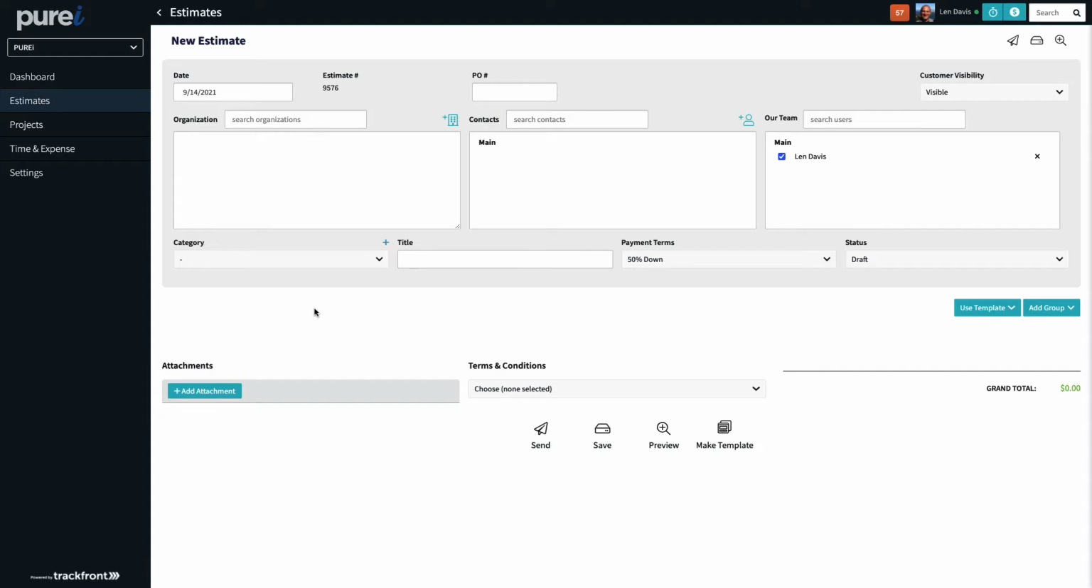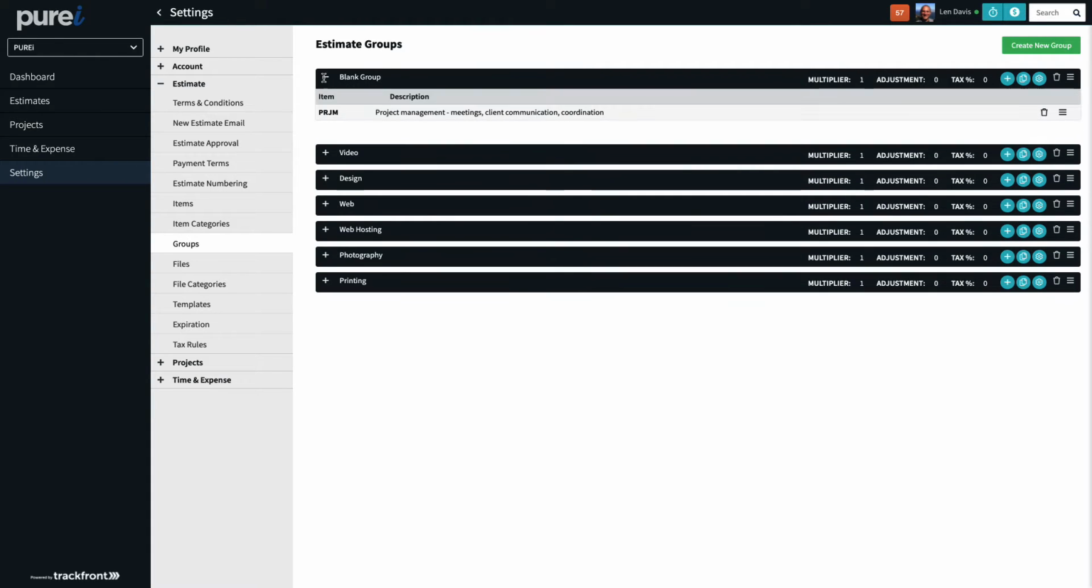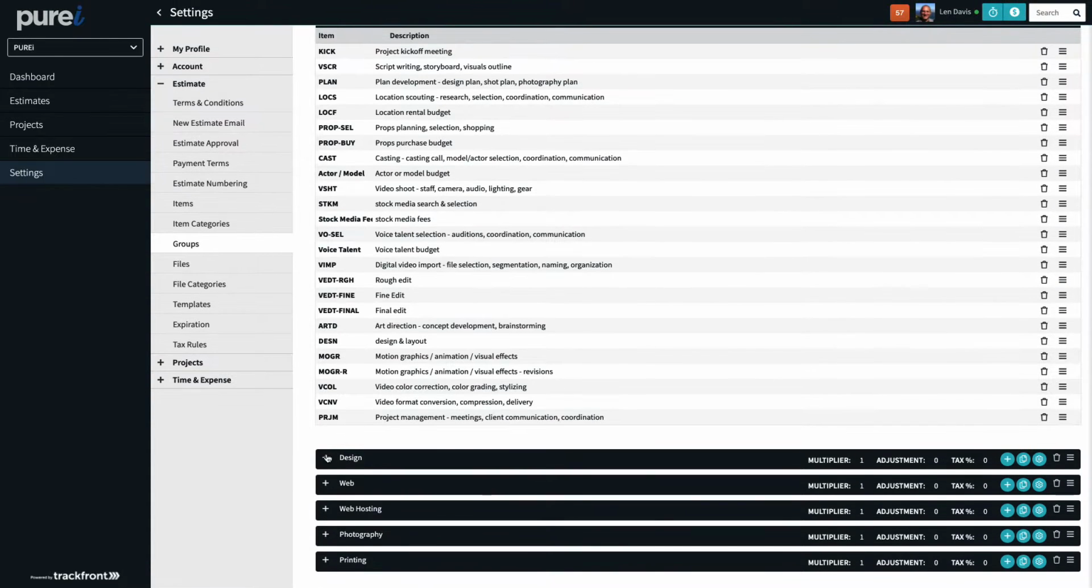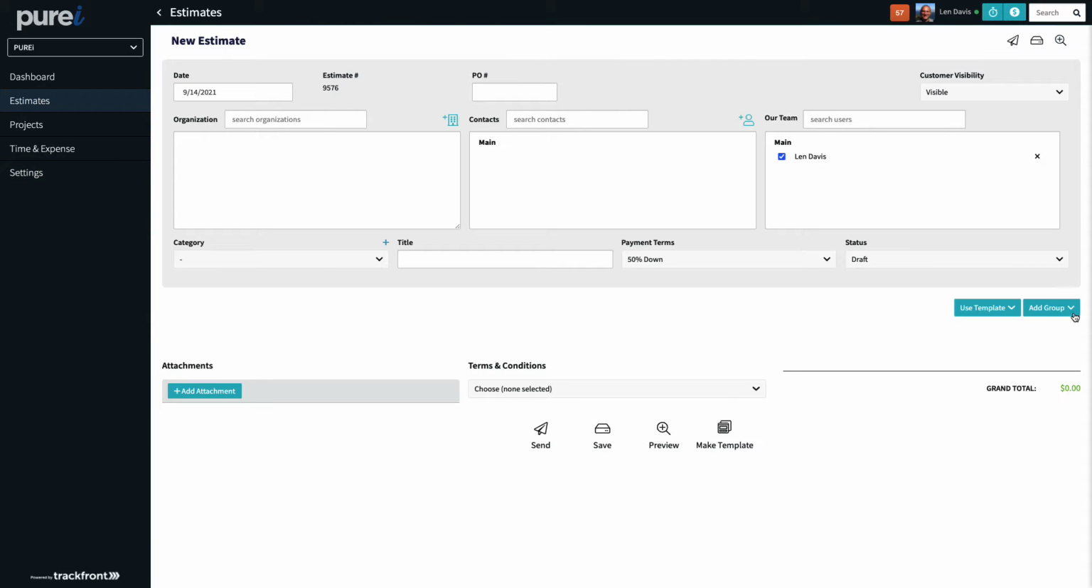An estimate group is simply a collection of different items that you predefine in your settings under Settings, Estimate, and Groups here. So you see in this particular case, there's a group for blank group, which just has one particular item. There's a video group, which has these different items, design, and so forth, web hosting, photography, and printing in this example. These groups that you define in settings are the same groups that you will see under the drop-down